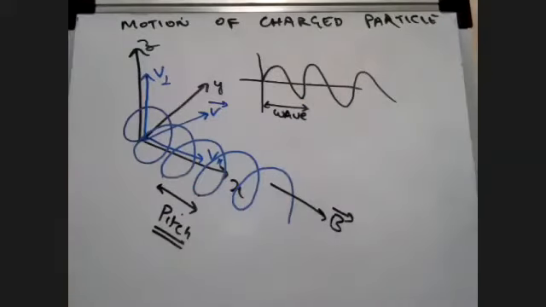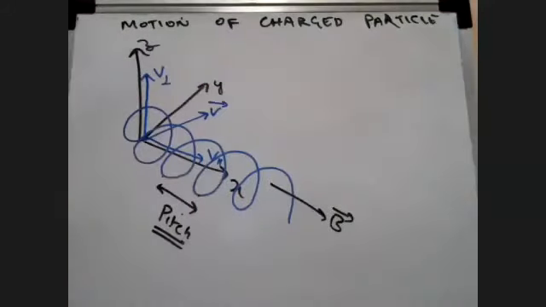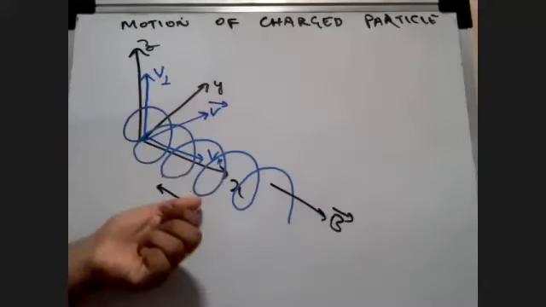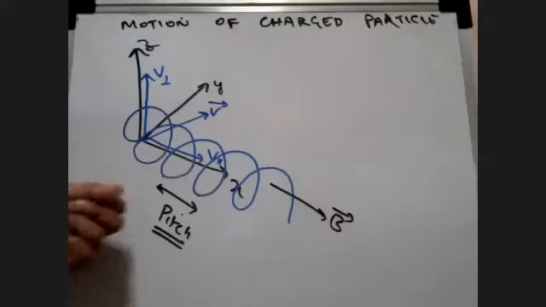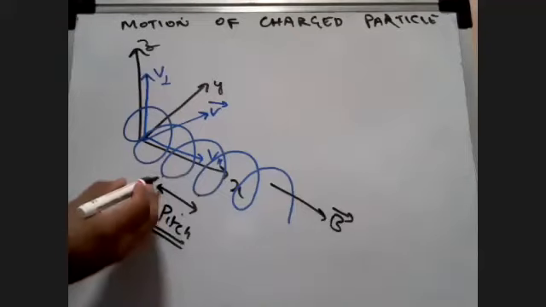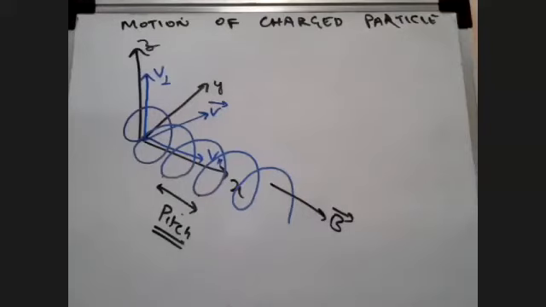So how do we calculate it? What is pitch? Pitch is the distance from one point of the rotation to the end of that same rotation. It is one circular rotation, but the distance the point has traveled in one rotation is called the pitch. So now we need to understand how we calculate pitch. If I directly put the formula and tell you this is pitch, then you have to learn it by heart. We are not going to do that. We are going to understand how we find pitch.